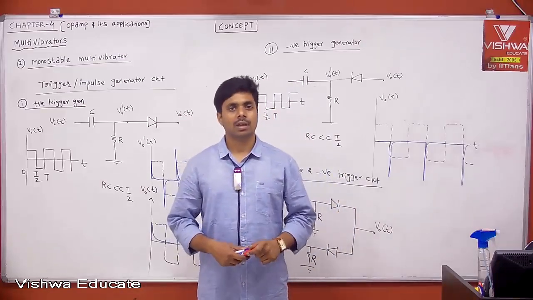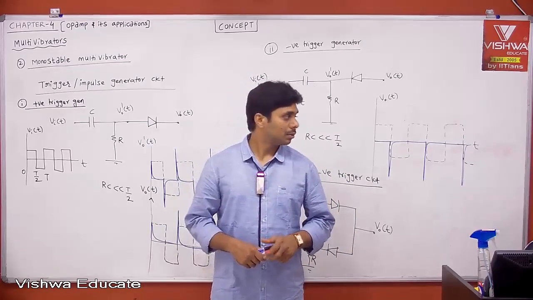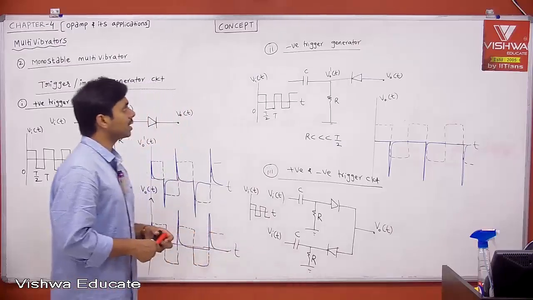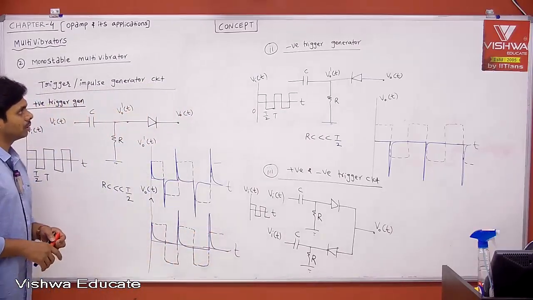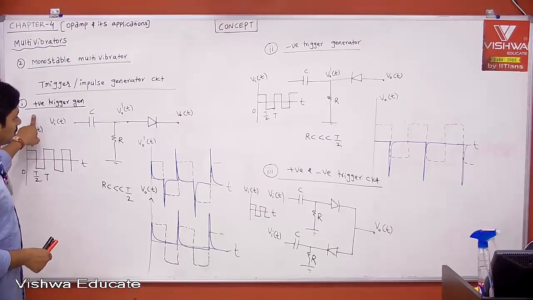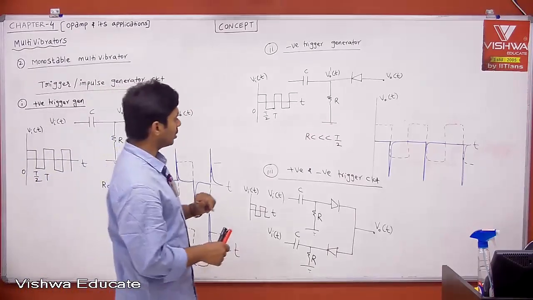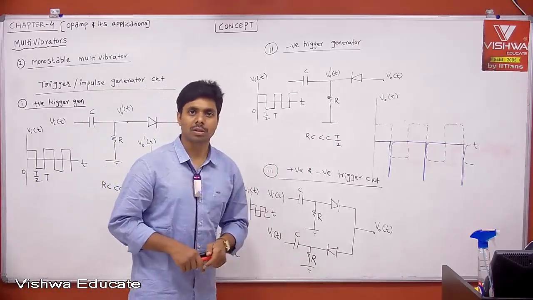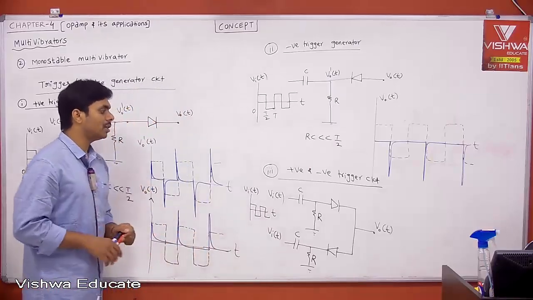Welcome back. In the last class, we saw trigger generator circuits: first the positive trigger circuit, the negative trigger circuit, then the positive and negative trigger circuit. And the key point here is